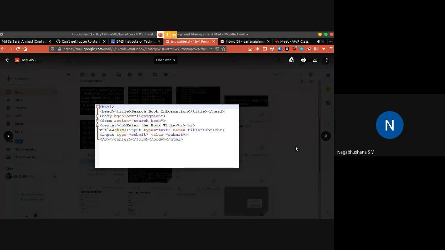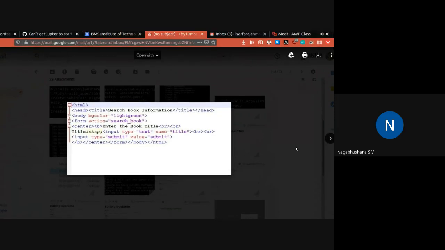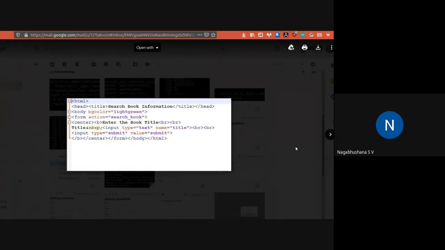Yeah, previous slide. Okay, this is for searching a specific book. I have given the action as search book. Enter the book. So input type is equal to text, name is equal to title.